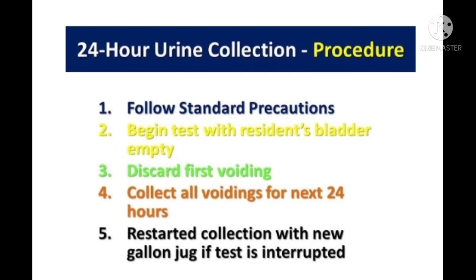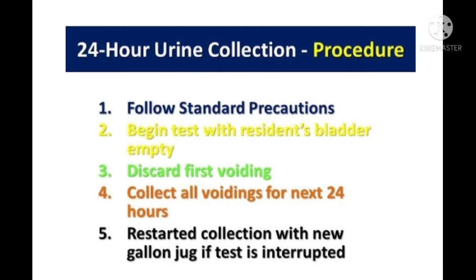A 24 hours urine specimen means to collect all the urine voided in 24 hours. The collection of urine begins at 6 am. At first, ask the client to void at 6 am and discard that urine. All the subsequent voidings should be measured and collected in the bottle, which is labeled. Then continue to collect till the next day and add it to the urine previously collected.